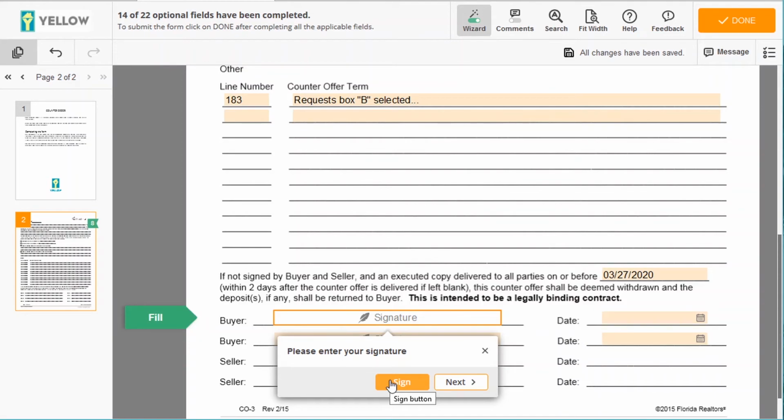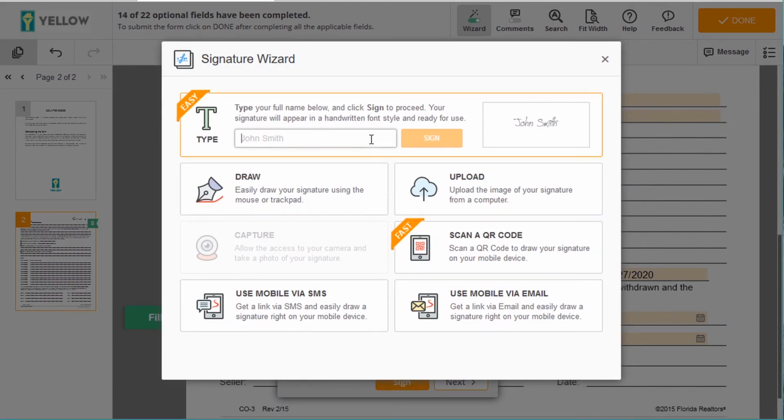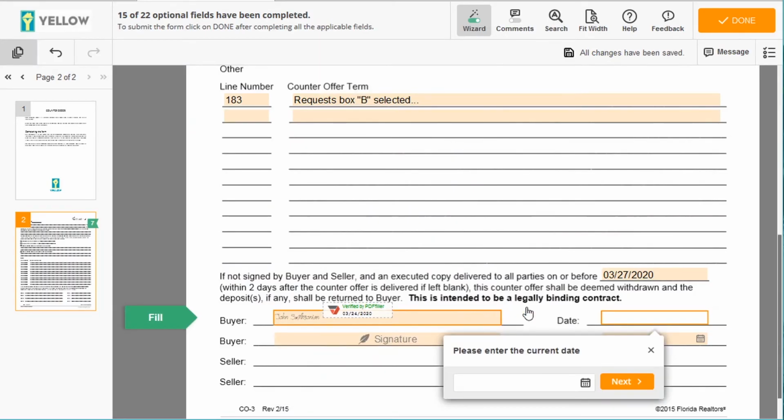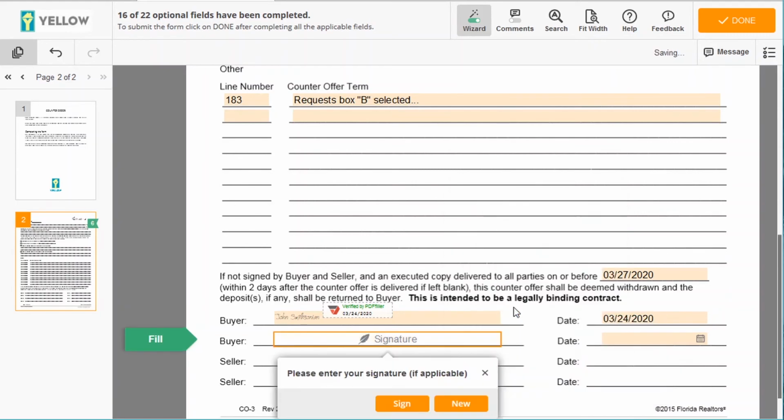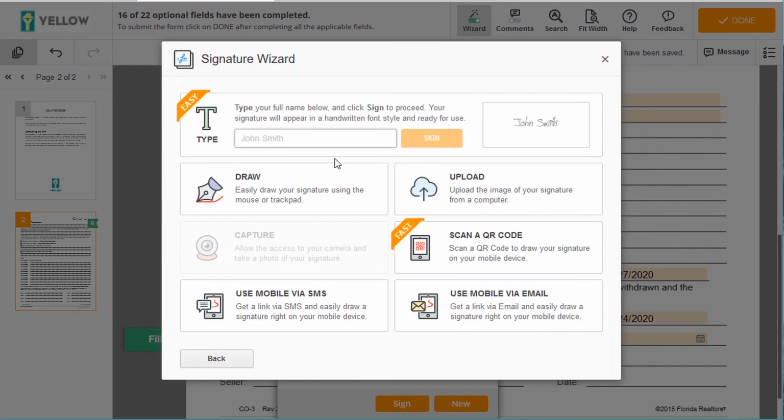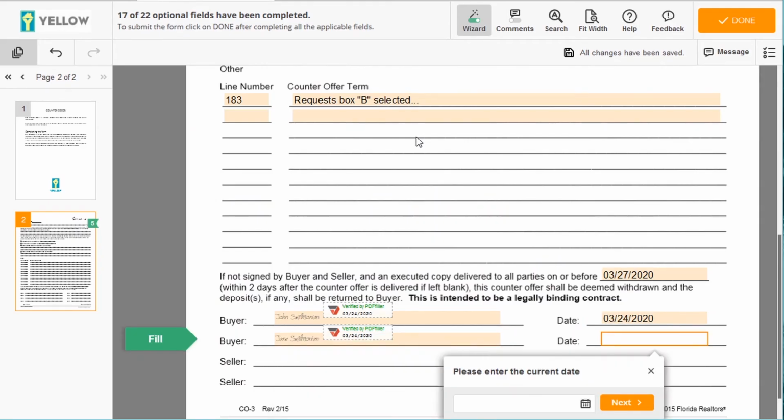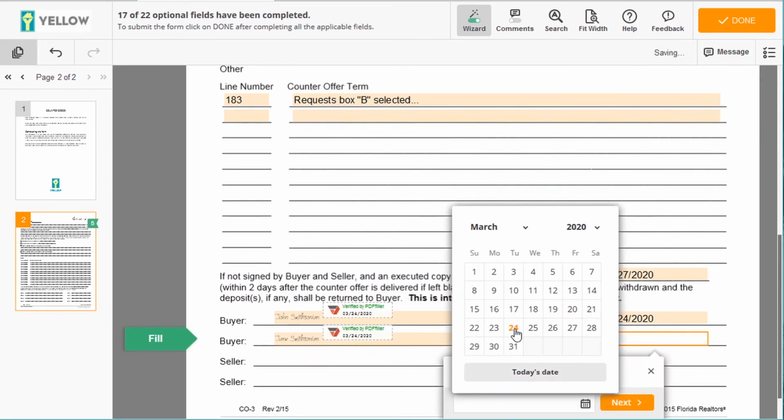If you're the first to sign, we will send it to the other party for their signature. So we'll sign John Smithsonian and enter the date. And then remember, if there's 2 parties, if you click sign, it'll automatically populate with the John Smithsonian. So we're going to do a new signature for Jane Smithsonian and sign and date